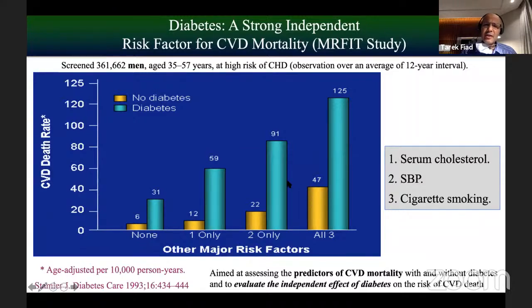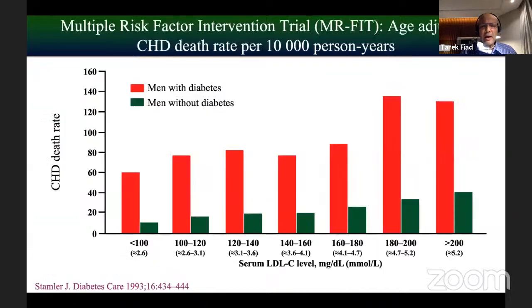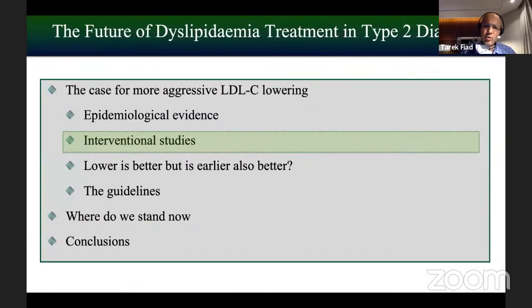However, in the setting of diabetes, this risk is really magnified by about 3 to 4 fold. And then they also looked at: is it a graded risk? And the answer is yes, it was a graded risk. So the higher the cholesterol, the worse things are, and the lower the cholesterol, up to a point of LDL below 100, there was, if you like, a lesser risk. So we learned at that time that cholesterol really is something that we ought to control, and it's an